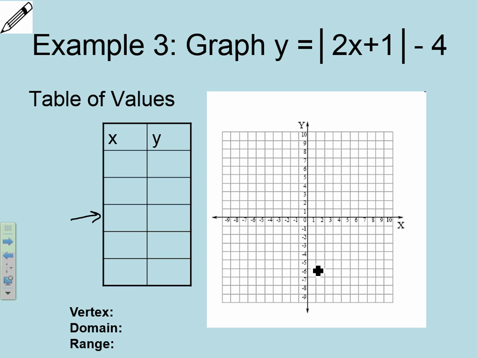We zero out, or think about what value makes the absolute value turn into 0. So way up here, I'm going to take that 2x plus 1 and think about when it turns into 0. Well, if I subtract 1 and solve that,